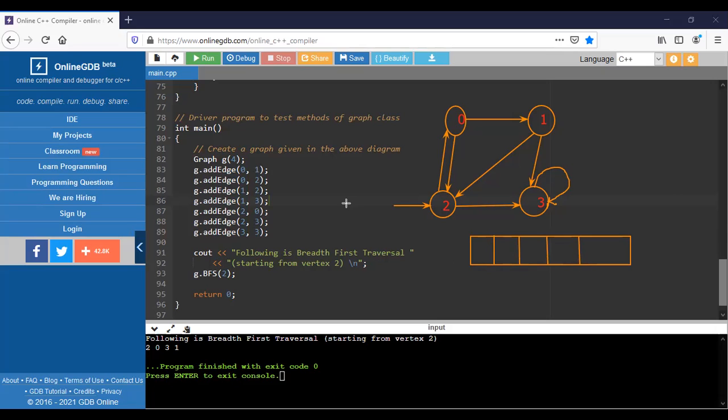Let us assume initially we have the values 0. This is for 0, and this is for 1. Okay, and this is for 2, and this is for 3. Initially imagine they all have the value 0.